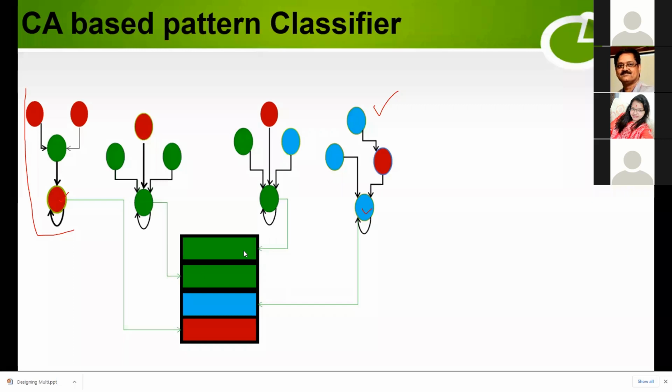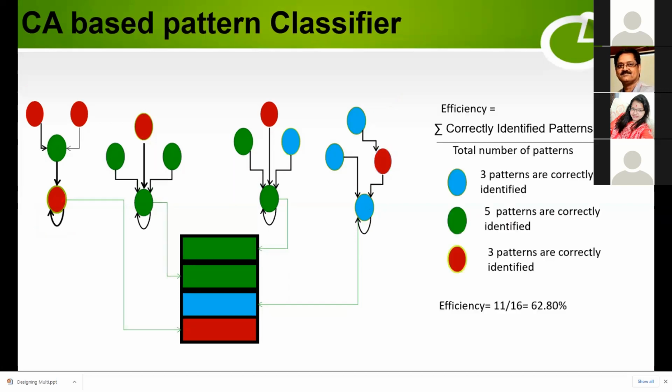Next, how will I calculate the different parameters of a classifier? Here we'll just calculate accuracy or efficiency, that is, the number of correctly identified patterns divided by the total number of patterns. We know that the total number of patterns is 16. Now here we can see that initially we have 4 blue-type data,